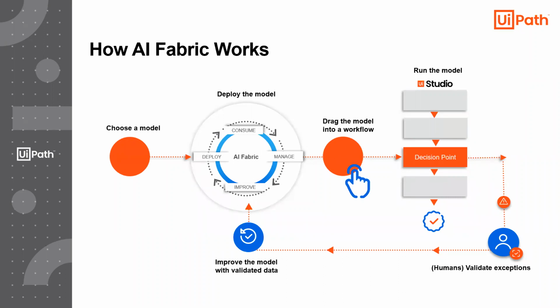Basically, a normal process for AI Fabric is that you will start with a model. It can be a model coming from different sources. We'll talk about this a bit later, but basically it can be your own models that you train on your machine or on your infrastructure. It can be models that one of our partners is building for you, or maybe, as we'll see later, we have the ambition to build a marketplace for machine learning models. So it can be a model from this marketplace, or it can be a model provided by UiPath.